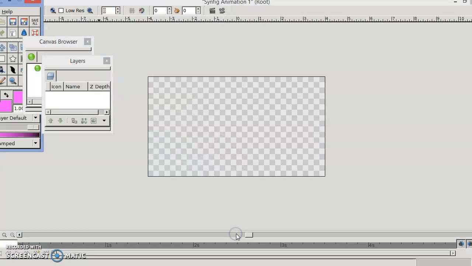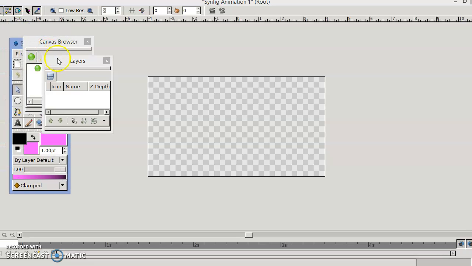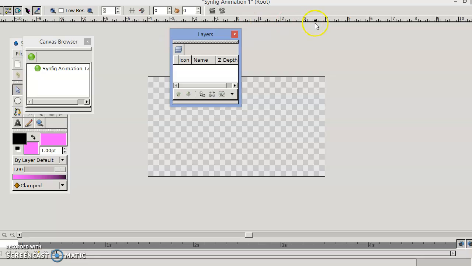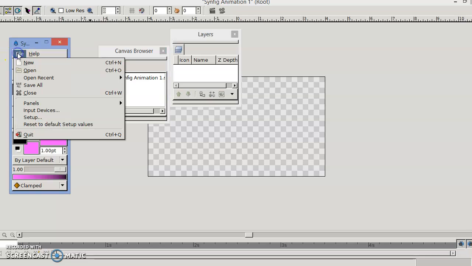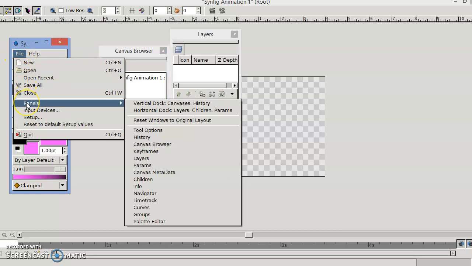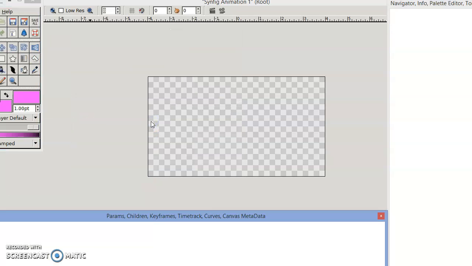This is our toolbox. If you remember, yesterday I was explaining the toolbox, layers and canvas browser. This is the file menu. If you want to start, there are file, new, open, save, go to panel, and reset window to its original layout.